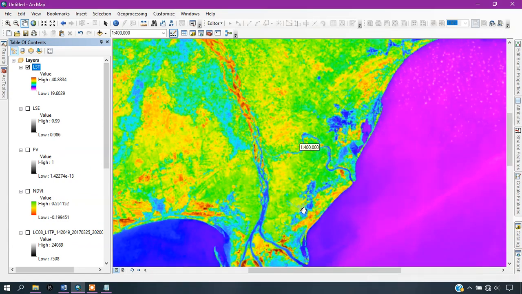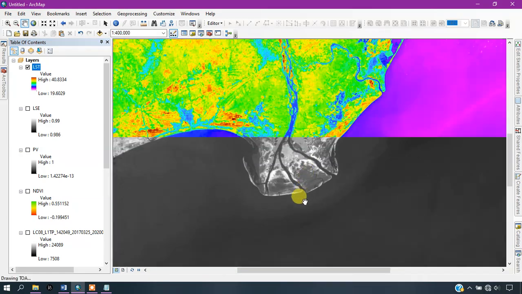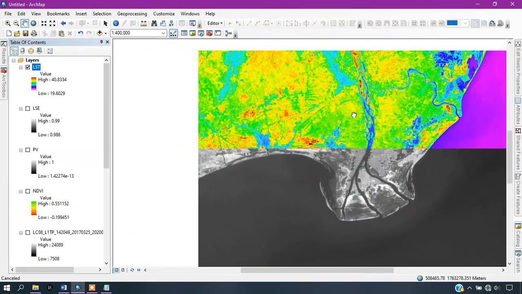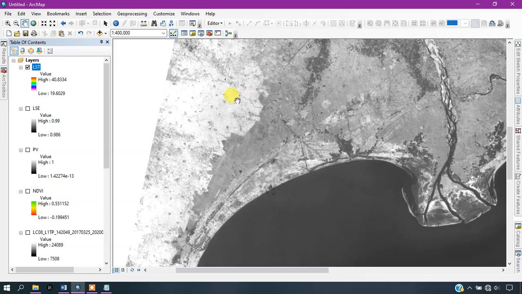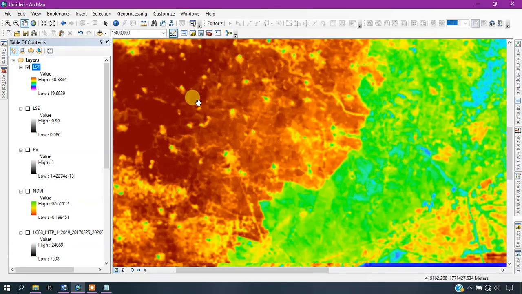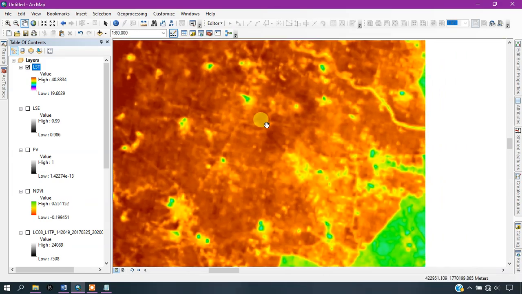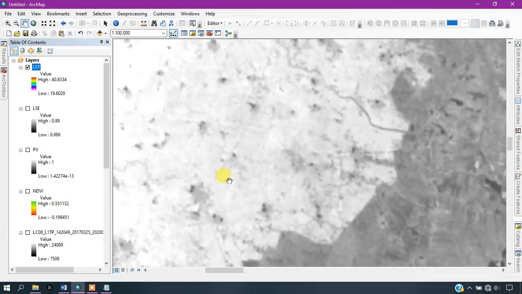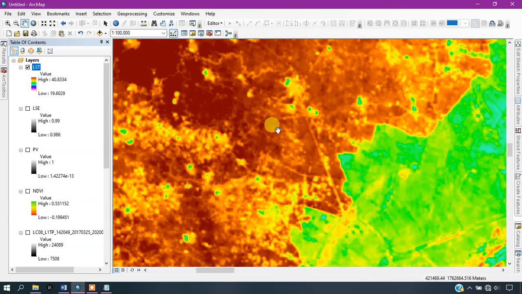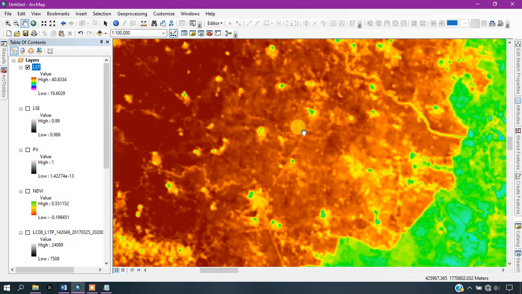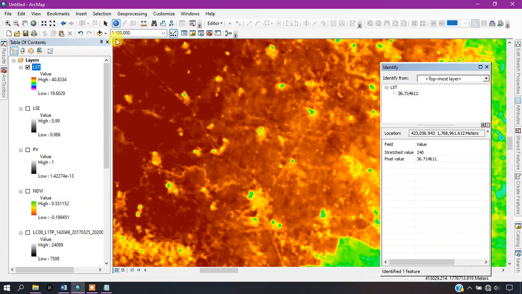So you can see here, I'm just zooming in here, and you can find these are the settlements. I'm just visualizing based on the patterns. You can see the roads here, and you can also check the temperature out here. Using the identify tool, you can just click on the raster and check the temperature here.